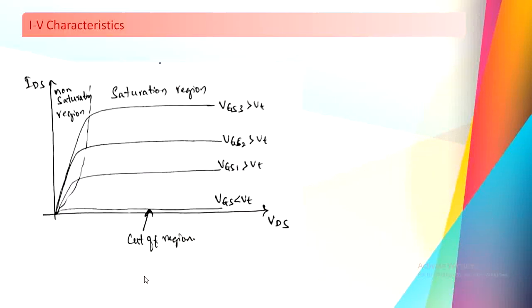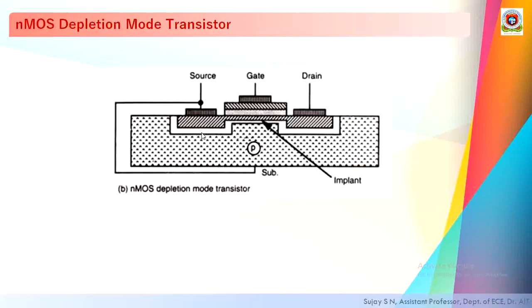And this is the IV characteristics, IDS versus VDS. As we increase VDS, current will increase up to some extent, that is the non-saturation region, and then current becomes constant once it reaches above VGS. Okay, so the different values of VGS are given here. If it is less than VT, that is the cutoff region. Even if it is greater than VT and VDS is 0, that is also the cutoff region. And this is the non-saturation region, up to which the current keeps on increasing as we increase VDS. And with further increase in VDS, there will be constant current flow, that is the saturation region.